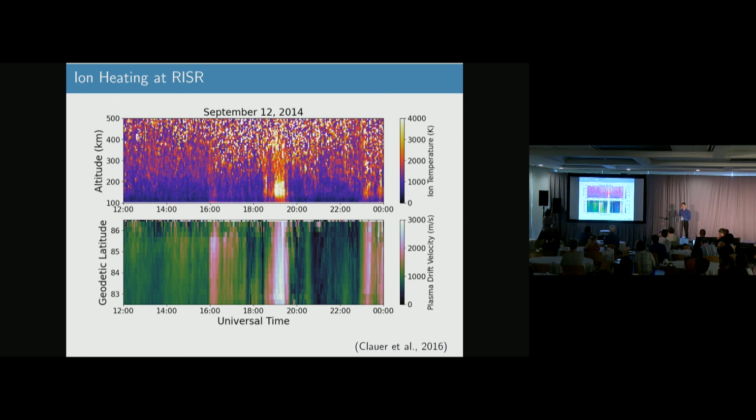Usually we expect the ion enhancement, especially in these data, to follow wherever the electron temperature or the electron density is the highest, just because that's where the peak F region is. The F region can move between 200 to 400 kilometers, depending on the time. So this is 2014. I wouldn't say it's unexpected, but the altitude dependence is definitely something to keep in mind in terms of where these enhancements are taking place. I believe we do usually see them at the F region peak, wherever that happens to be.